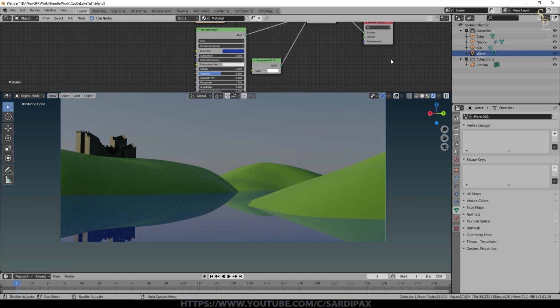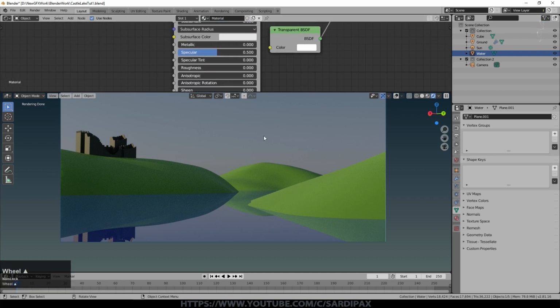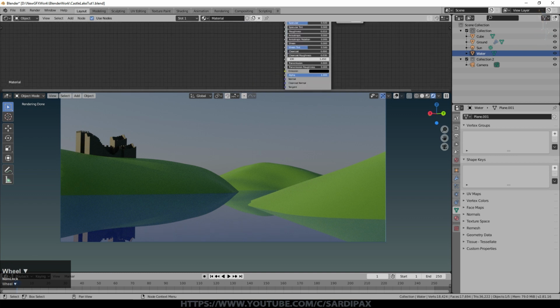This is about creating a pleasant image to look at. We do want a little bit of roughness to simulate very, very fine ripples in the surface, and I went with 0.01. So let's see what that looks like. You can see it's not made a huge difference, but when we have some ripples on the surface, it will add a little something. So on the subject of ripples, that's basically it for the material, short of making some tweaks.